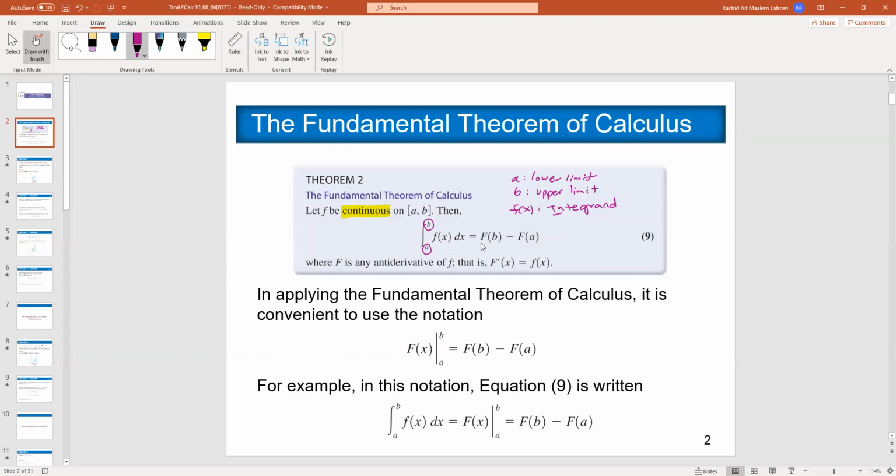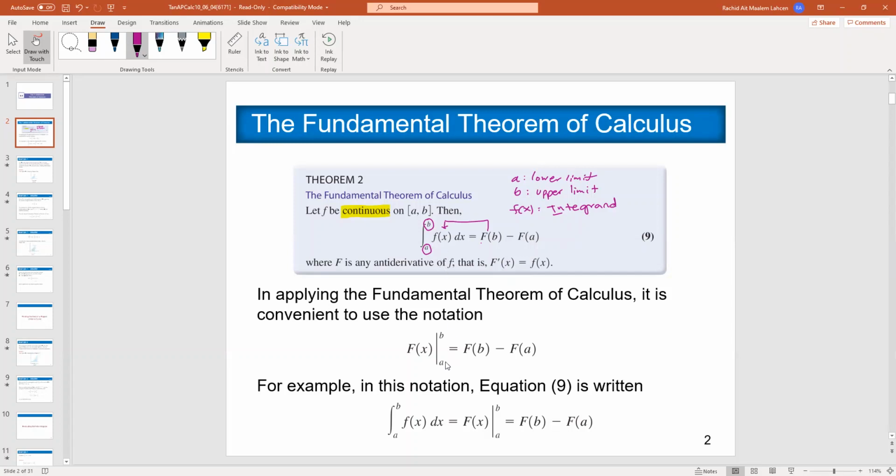So you'll find the antiderivative F, then you do F of b minus F of a, where F is the antiderivative of f, and F prime, of course, if you differentiate that, it should be this f of x. It's a nice, powerful theorem. It's useful. It makes things simple when it comes to these